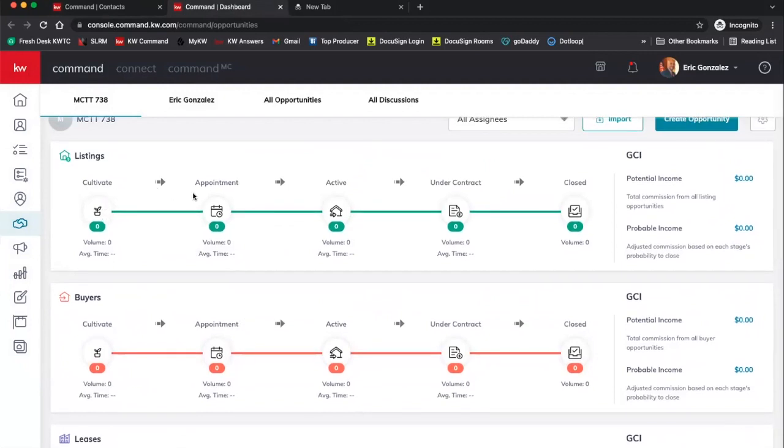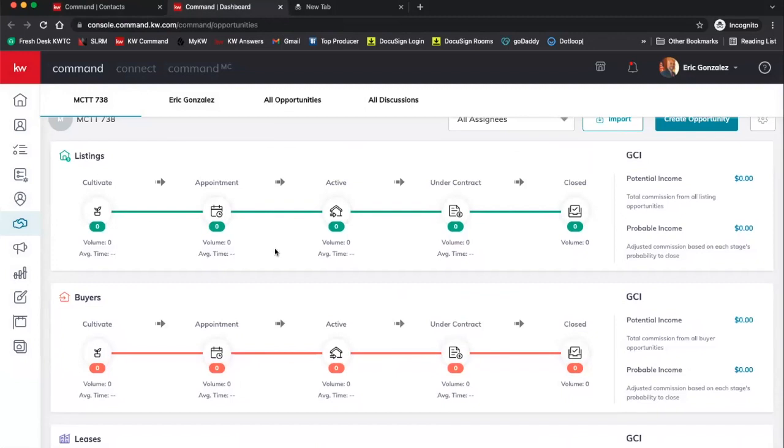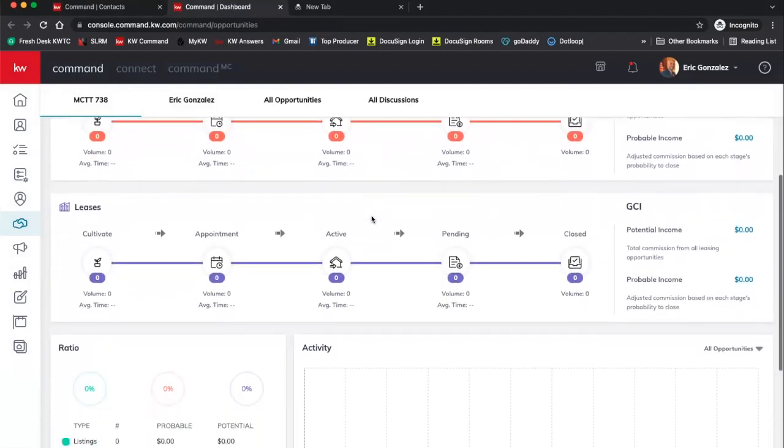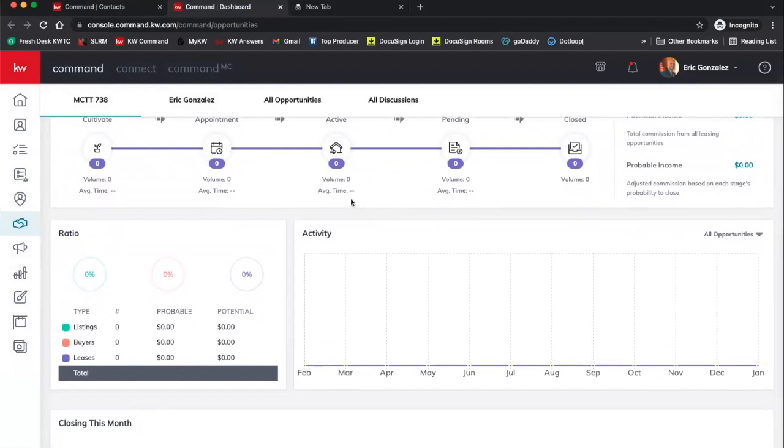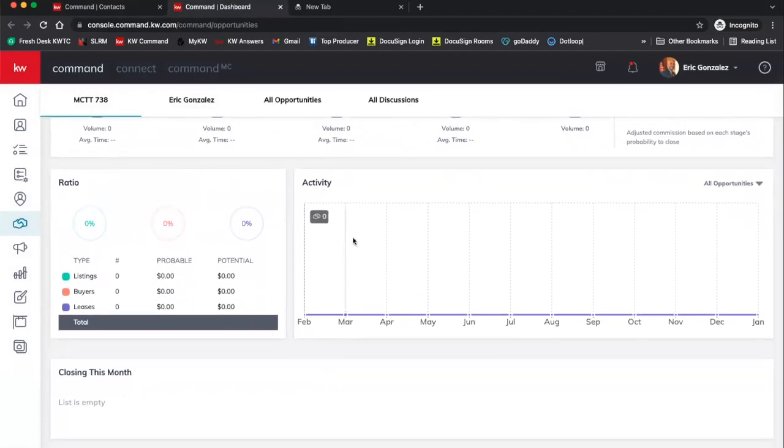You can move your opportunity through these phases using these fields here. Okay, you don't have to use these. This is simply if you wanted to use the pipeline the way it is intended to be used, then you would want to use those phases of the transaction of where it may be. The other thing I'll mention about the opportunity page is it'll also give you ratios on how much you're working with listings, buyers, or leases. It'll give you all that information based on what you're plugging into the opportunity details,